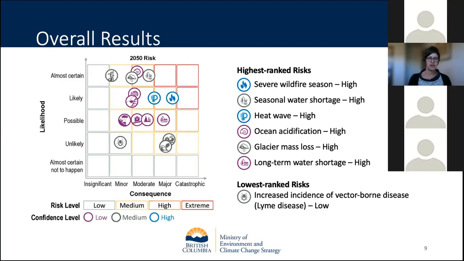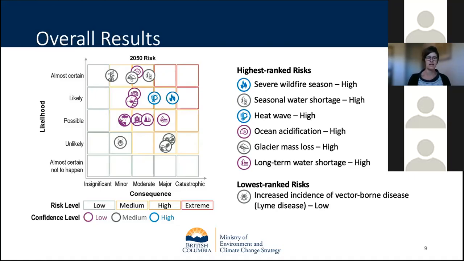The other thing that you'll see in this graph is that each of those risk events is color-coded according to what we're calling confidence levels, ranging from low to high. This is just a reflection of the quality of information that we had to go on for each risk assessment. If there was a wealth of information from multiple sources that were peer-reviewed and they had a high degree of agreement in their findings, then that would result in a high confidence that the information is accurate. On the other scale, low confidence might suggest that there was not very much in the available literature, or it was based largely on opinion, or that there wasn't a good agreement in the findings that we were able to assess.